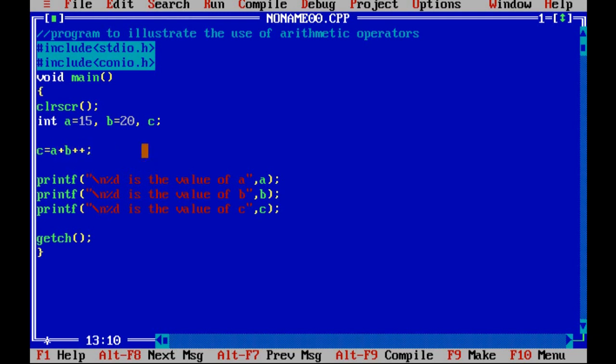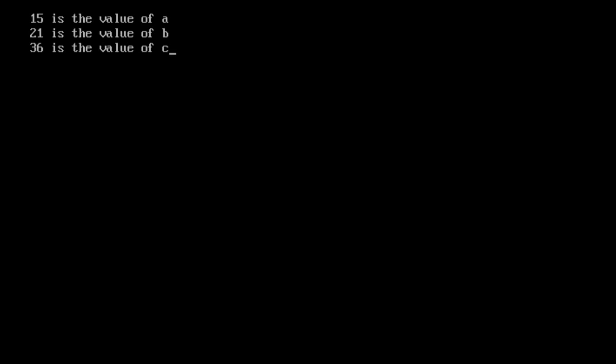And in place of this statement, if I had written plus plus B, just try to think, what will the answer be? Here the compiler could also get confused whether it is A plus plus B or A plus, so I leave a space in between and try. Let's check.